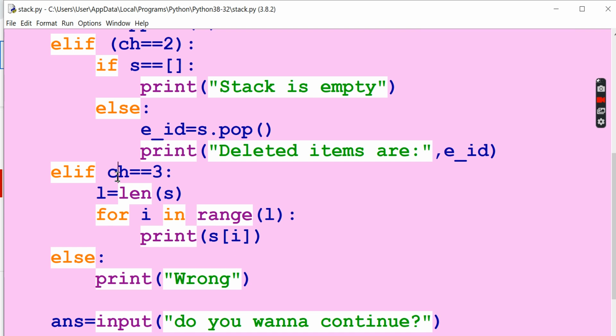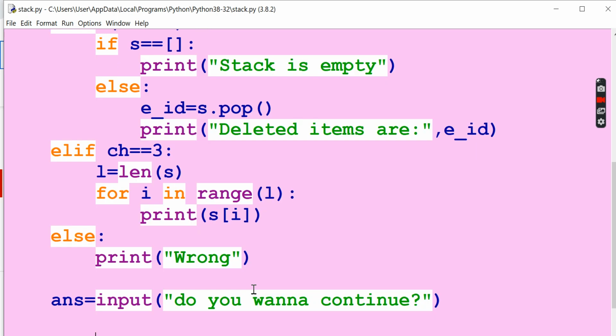If the choice is 3, that means displaying. Similarly, the length of the stack will be taken as L, and in the range of L you print S of I, as we saw yesterday. Else, if proper input has not been given, you just show wrong input or invalid.